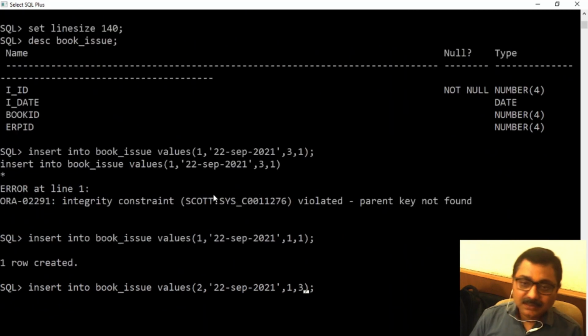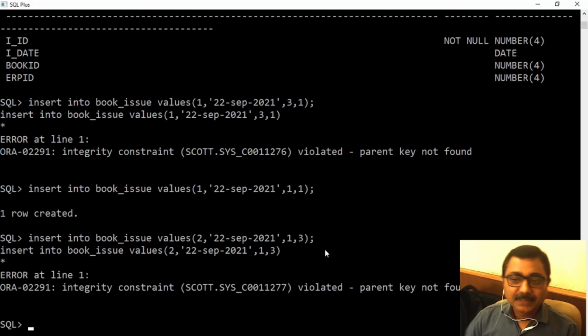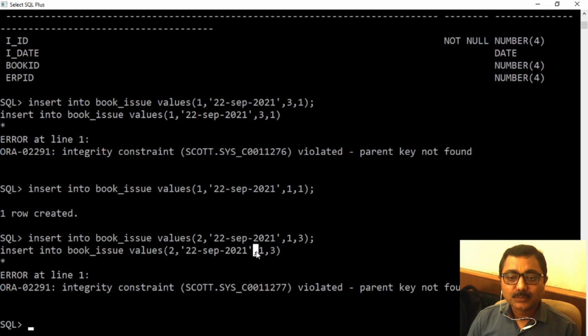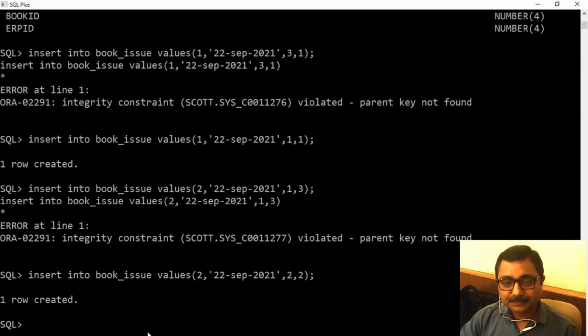So let's test it. I'm trying, but it says again parent key not found. For what? 1 is okay, no problem, but 3 is not okay because there is no student with roll number 3, or you can say ERP ID. That's why I was not able to enter.